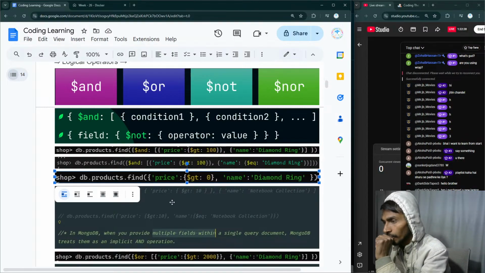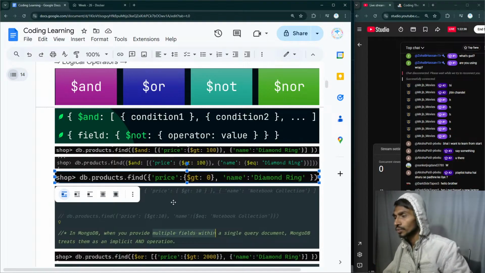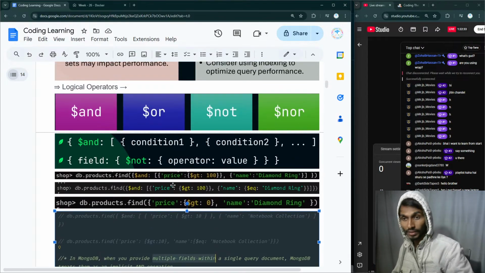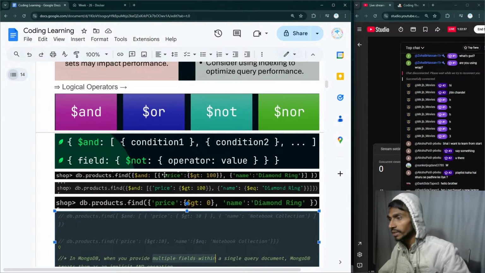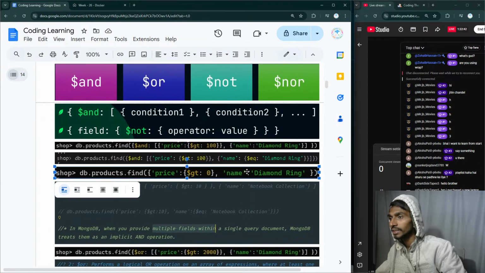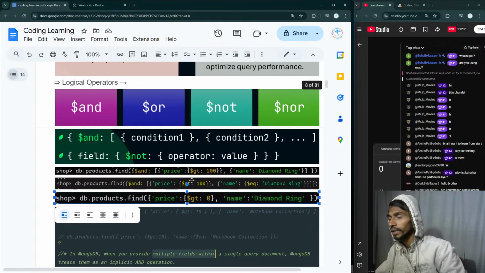We can have two conditions continuously too. This is really a good stuff to have a look at. Sorry, I ignored it initially, but it should not be ignored. What is the thing over here? That's pretty simple: whenever you are using and, even if you are writing the things in the direct manner, and you are simply saying that price should be greater than equals to this and name should be this, so kind of you are using the and operator only, a logical operator, because you are combining two queries over here, as simple as that. And the same thing you can do over here using and, you have an array,